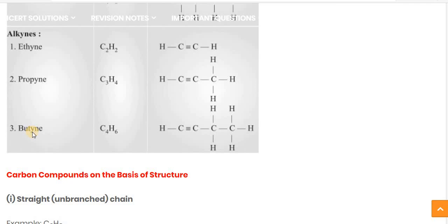Then after that butyne. But is used for the 4 carbon, and yne is for the triple bond. So C4H6 is the formula. Let's see the valency: 1, 2, 3, 4, okay. Now for this carbon 1, 2, 3 and 1 means 4. For this carbon 1, 2, 3, 4. This carbon 1, 2, 3, 4, means this formula is right.